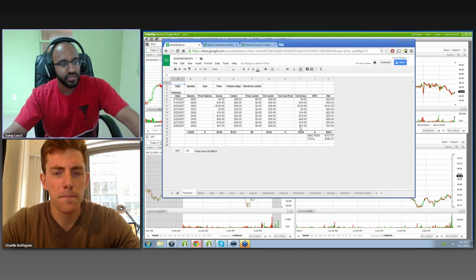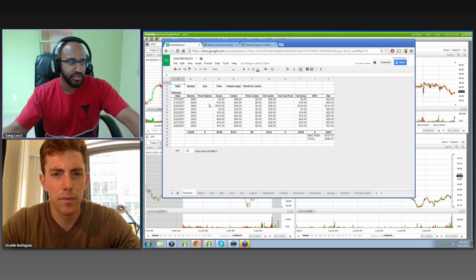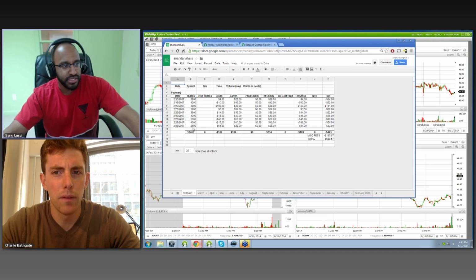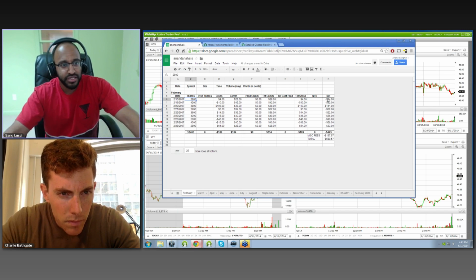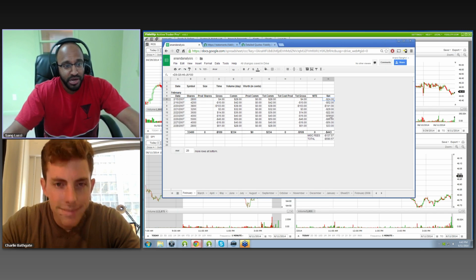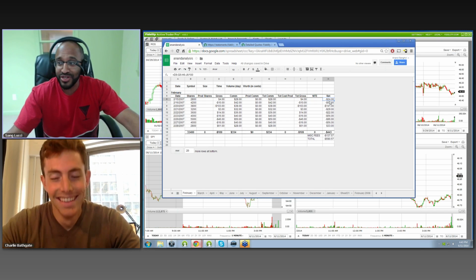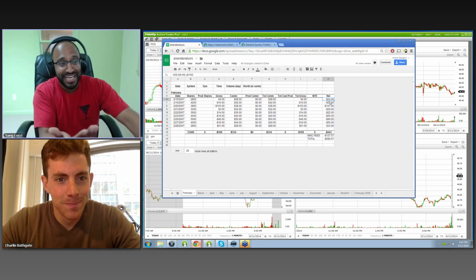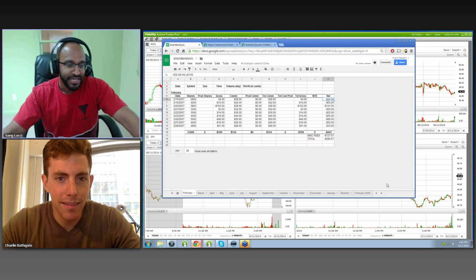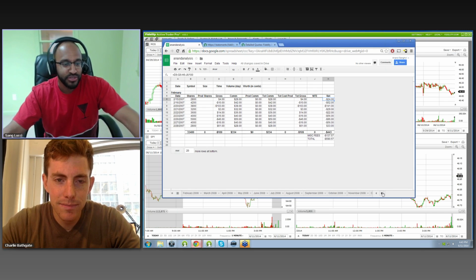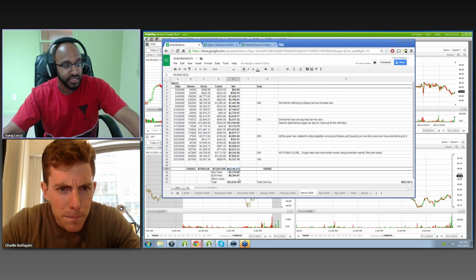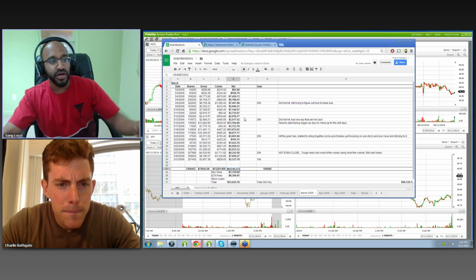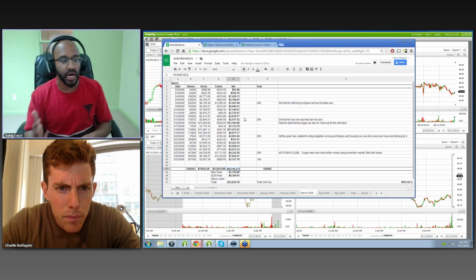I started this spreadsheet a little bit later. I had been trading a little bit longer before this, but this is it. I mean, you see me here trading a piddly amount of shares, a couple thousand shares, and look at this, me making and losing $20. Usually it's just losing $20, $30, right? And this is every day. Like, this is my P&L every single day. Right. And fast forward to the point where I became profitable. Right. And had months like this where I was making, let's say, $60,000 in a month. Right. The problem was that I was trading so much.